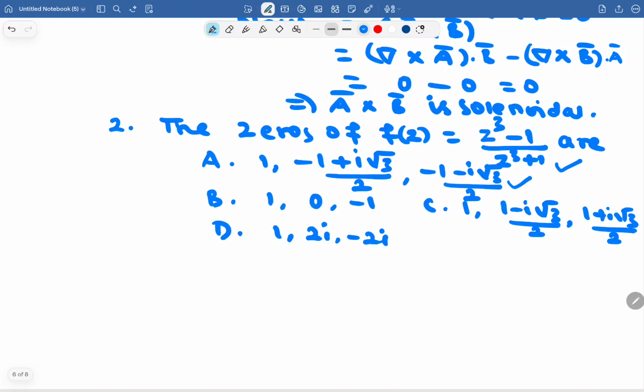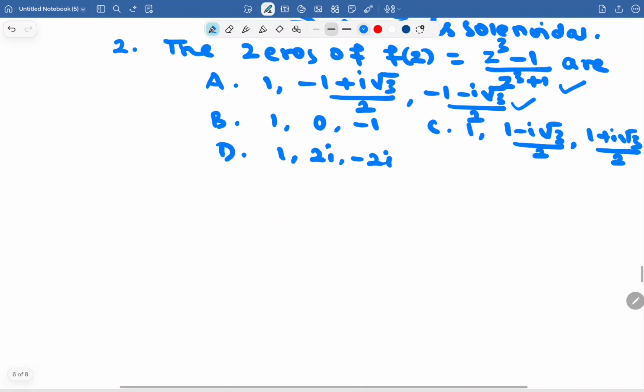Whether the first option is the correct one, or option B, or the third one, option C, 1 comma 1 minus i root 3 by 2 comma 1 plus i root 3 by 2. The last one, 1 comma 2i comma minus 2i. Solution: